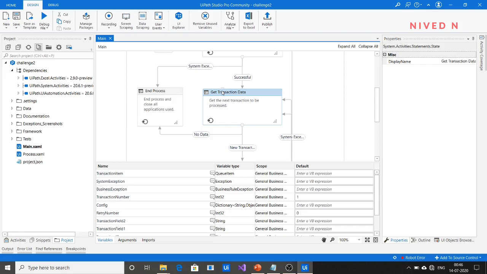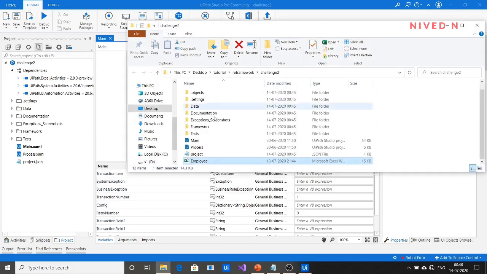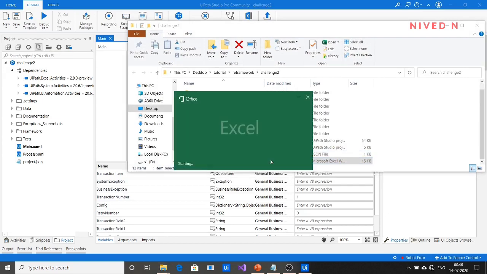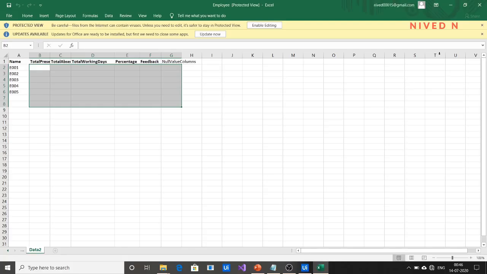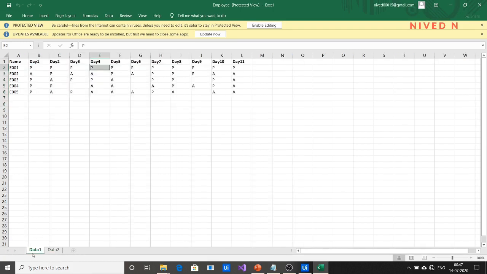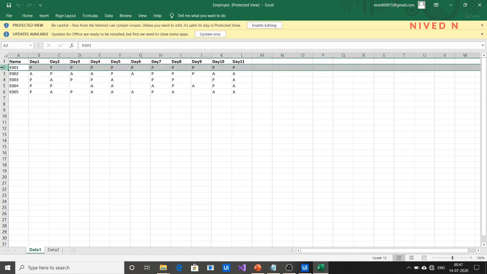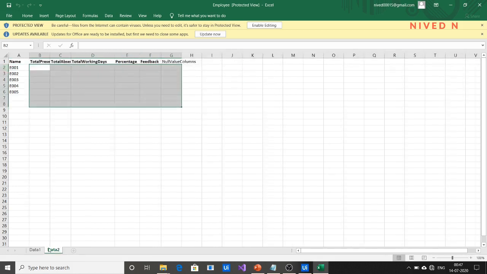Since we are using the data table method here, we are not using queues. So we have to identify first what our transaction item is, or what the variable type of the transaction item is. Our main agenda here is to take each employee's details, calculate the total number of present, absent and null days, and input them into the corresponding data table.